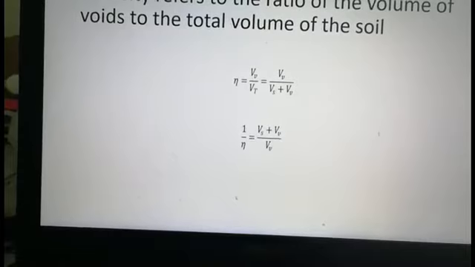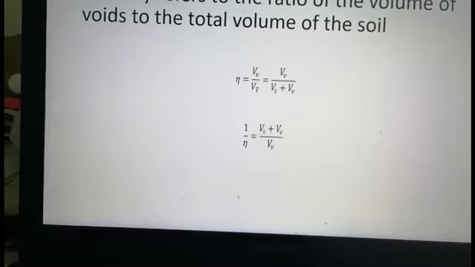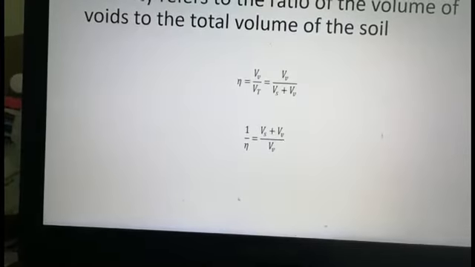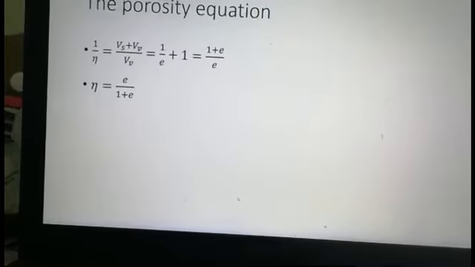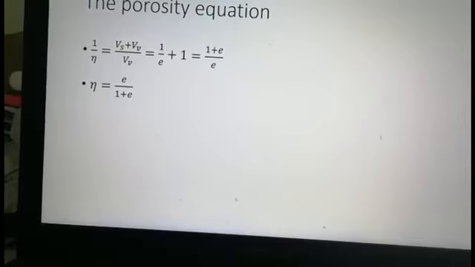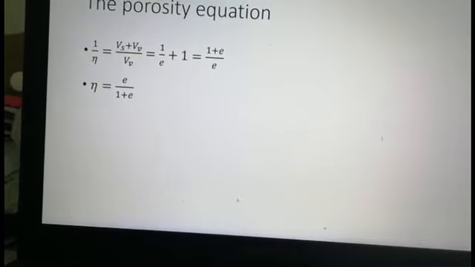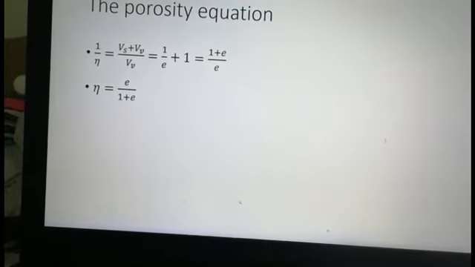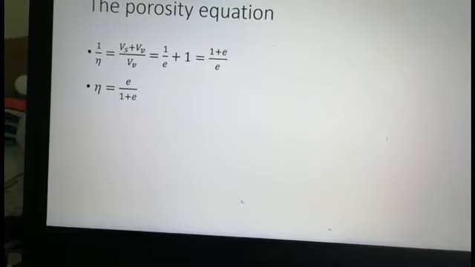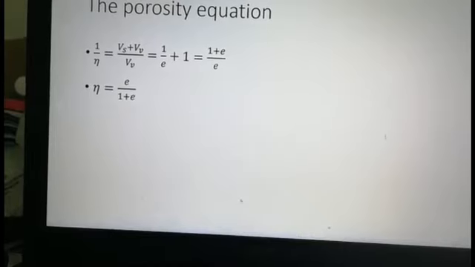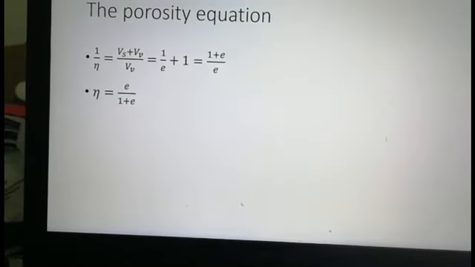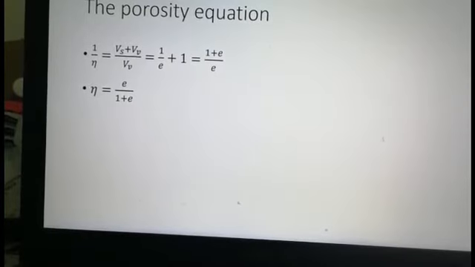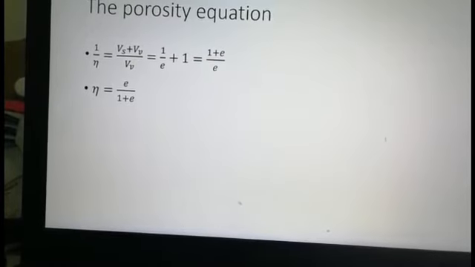Porosity refers to the ratio of the volume of voids to the total volume of the soil. According to the definition of the void ratio, the ratio of the volume of voids to the volume of solids, the porosity equation can be defined as